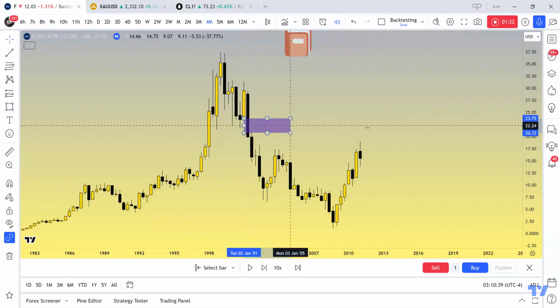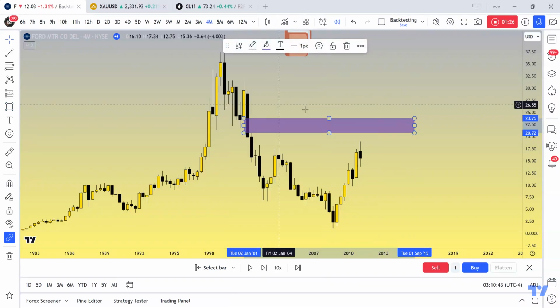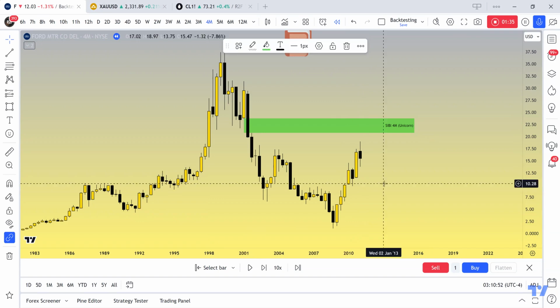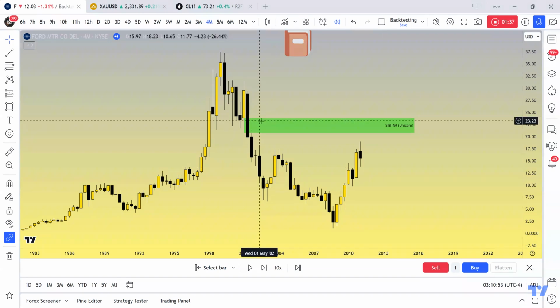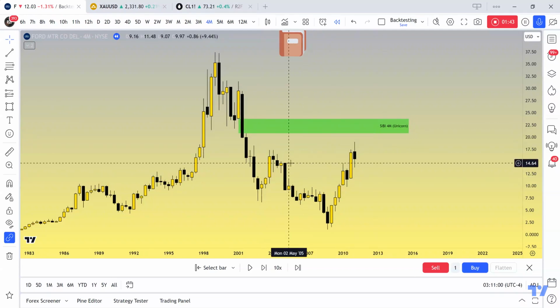So something of interest to me is this monthly, not monthly, 4 month gap. This should be on the 4 month. It is a unicorn in that it is also somewhat of a breaker / order block type of thing. Okay. We have an inverted,